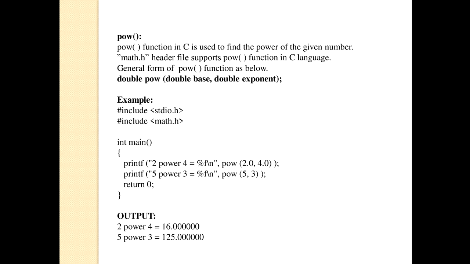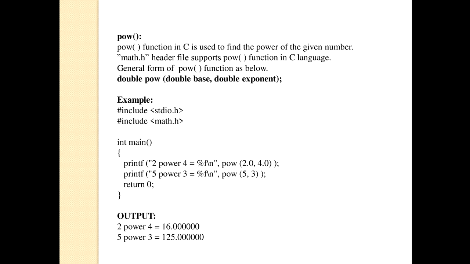After that, I want to calculate the power of different numbers. In the first example, I use power(2.0, 4.0). What is 2.0? 2.0 is the base and 4.0 is the exponent. So what does it mean? The meaning is 2 raised to 4. 2 raised to 4 means 16, and in the output you will get the result 2 power 4 is equal